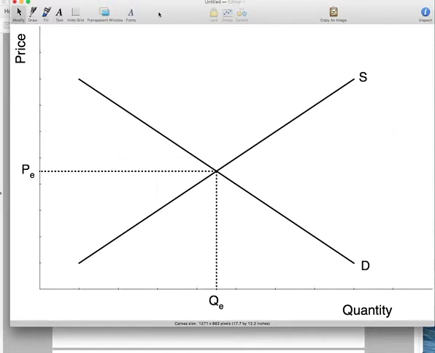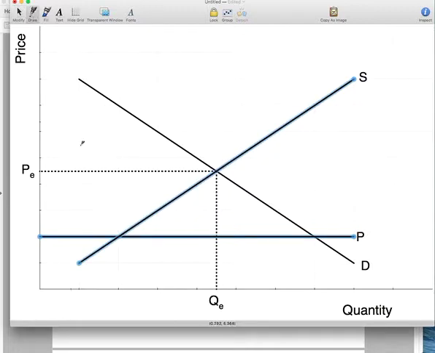So for a market to have a shortage, the price that is occurring in the market has to be below the equilibrium price. So draw a horizontal line in for that price, and you could just call it P. And in order to induce a shortage, we are going to have a price below the equilibrium. And to illustrate what the shortage actually is, you follow the price until the first thing you hit is the supply curve. So if you go from that point and you go straight down,